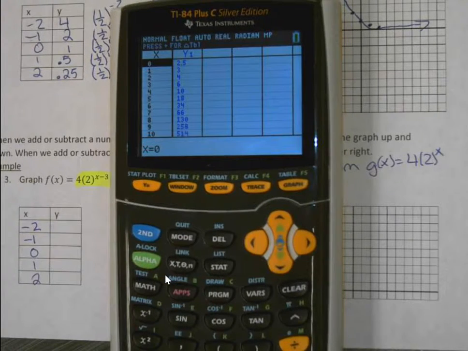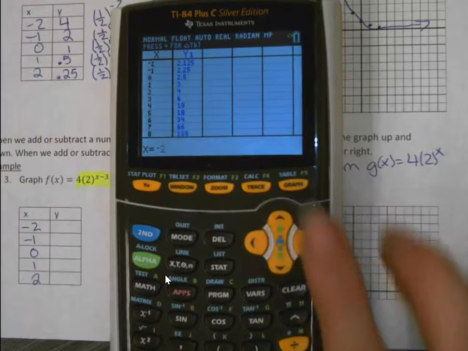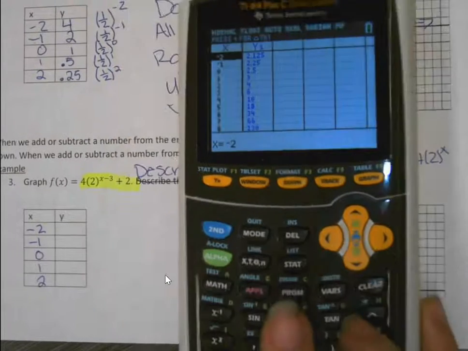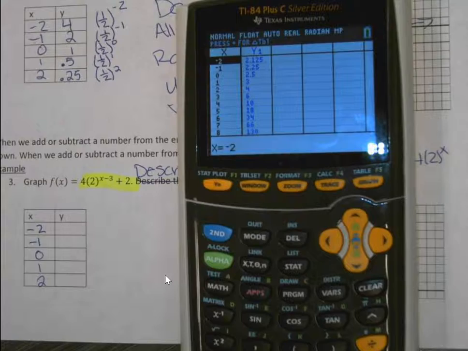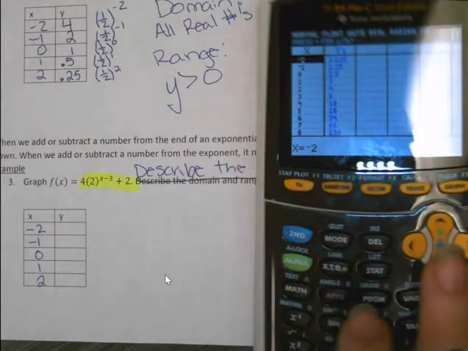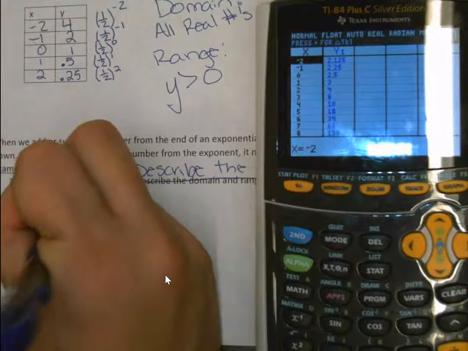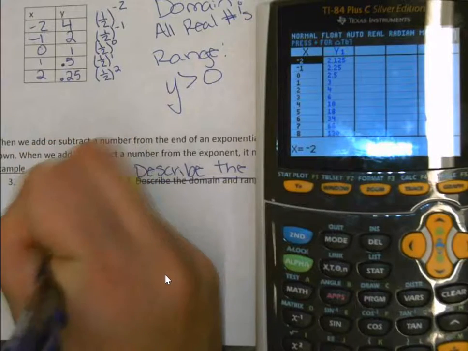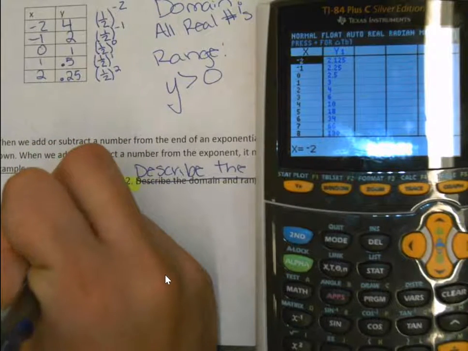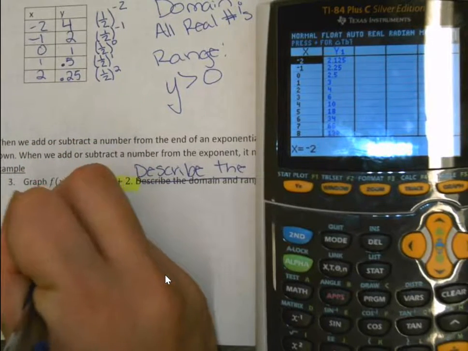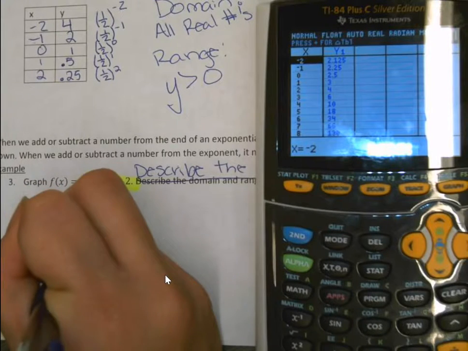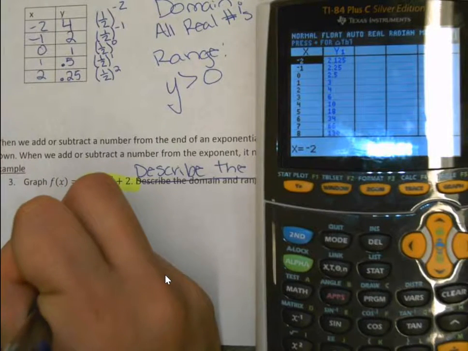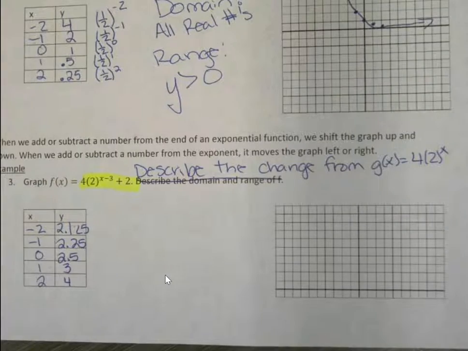And then this time it gives me the table of values, so I can scroll up to get the other numbers, the negative ones I need. So I can type those into the table. So I'm going to have 2.125, 2.25,